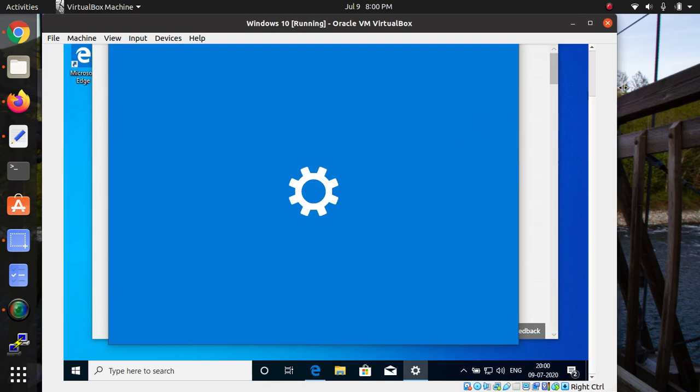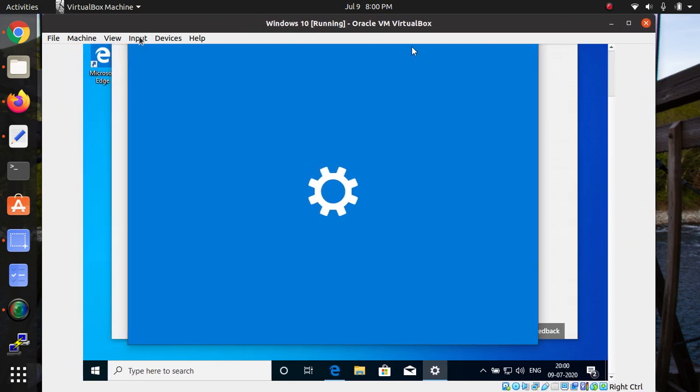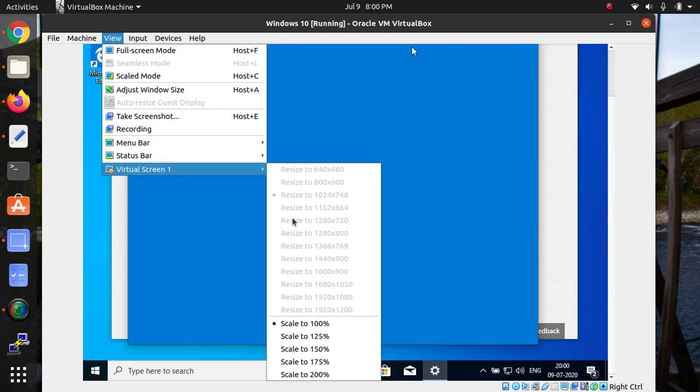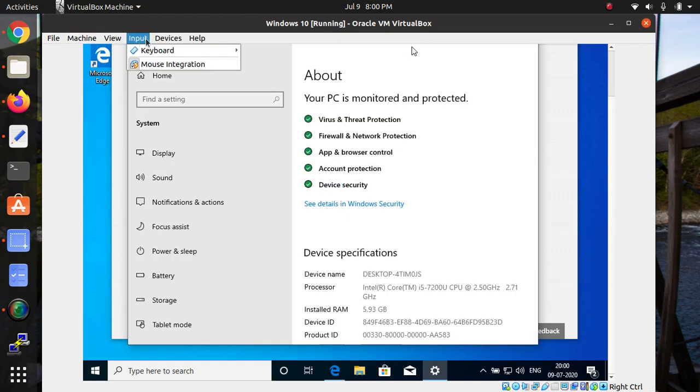For full screen there is also an option here, you can make full screen resolution by going to the virtual screen option, so it will be available in your full screen resolution.